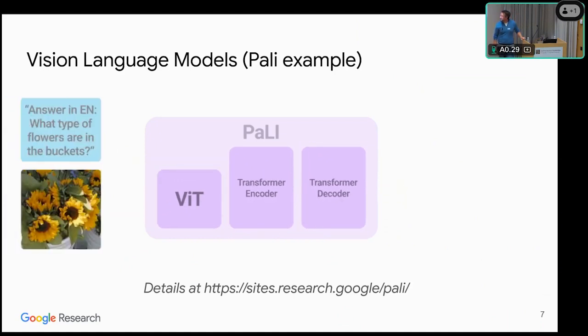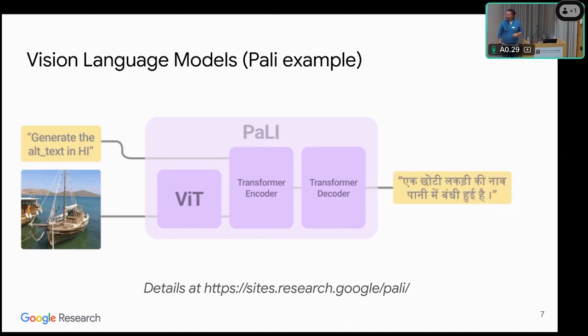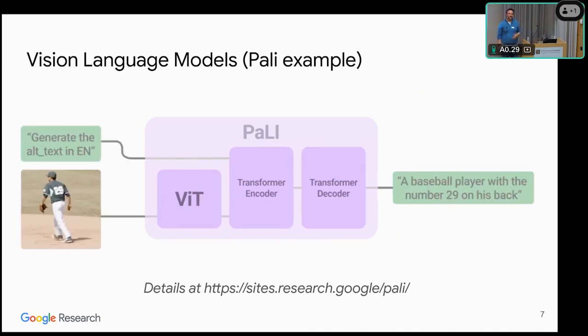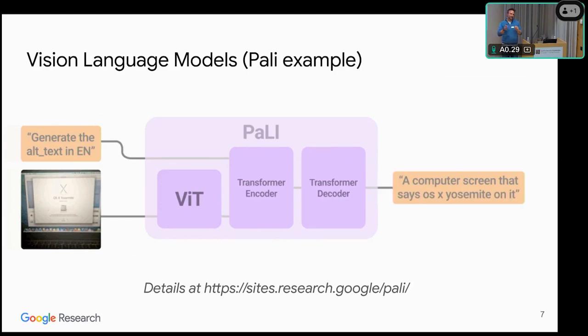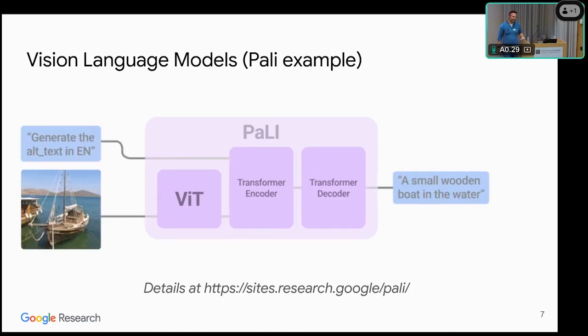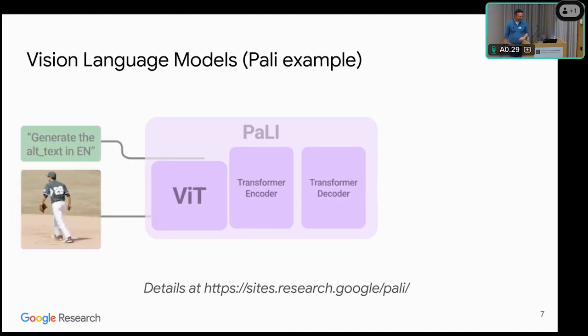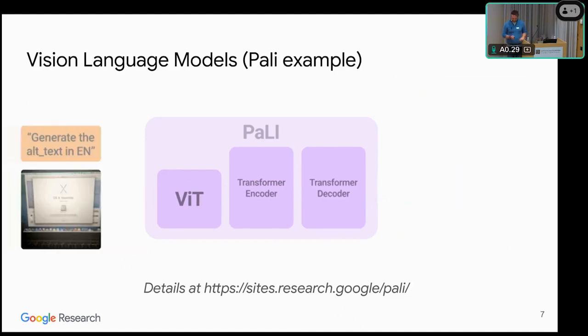In fact, there's even work that shows that you can do things like object detection. Because it's text output, and we know that these LLMs can not just output natural language, but they can output code and whatever you train it to do, you can do things like object detection, where you say, okay, I want you to output text, but that text should be the coordinates of bounding boxes of objects. And that goes to show how flexible this framework is, and that's why we like it. I put a link there. There are more details on PaLI online.